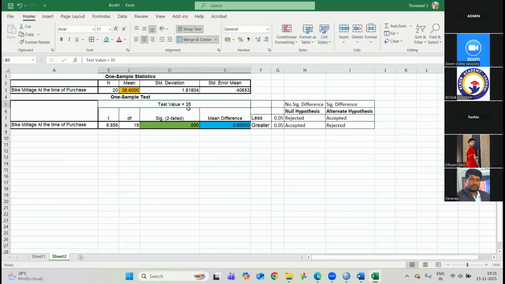the company itself. So you see, it is not equal to 35. It is greater than 35. It is 3.6 kilometer per liter higher. So there is a significant difference in mileage, right? That's what this significance value illustrates. If you take a close look, the significance value is less than 0.05, which means the null